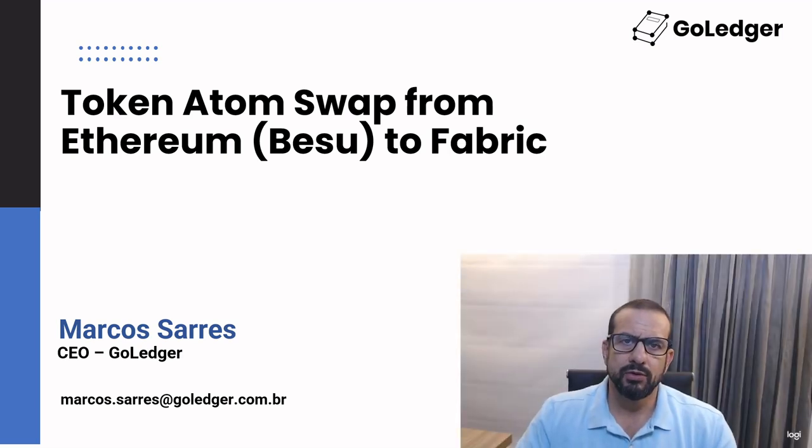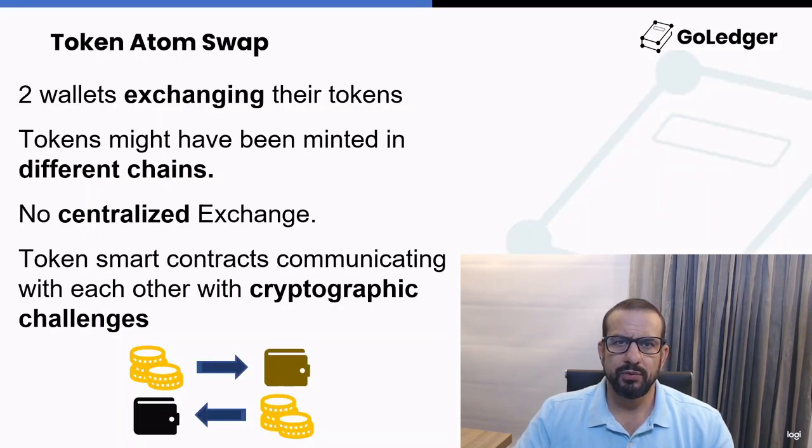Today I'm going to demonstrate some features of our atomic swap process between two chains. The atomic swap process is a way to exchange assets, probably tokens, among two different chains. In this case, two different wallets will be exchanging tokens in two different blockchains. There will be no centralized exchange, and both chains will have their own smart contracts to make the atomic swaps